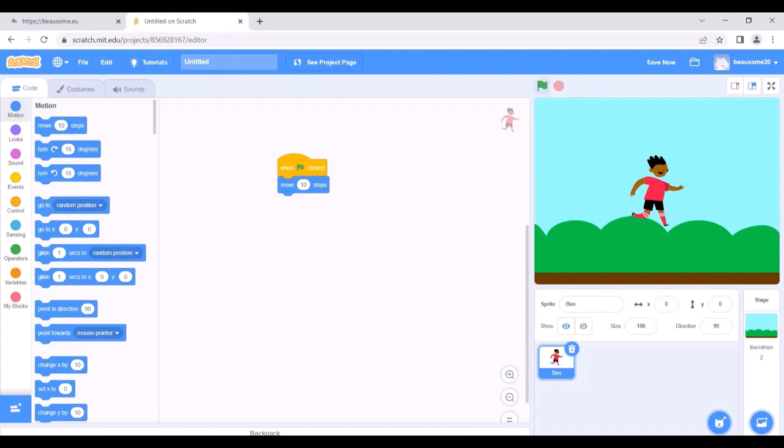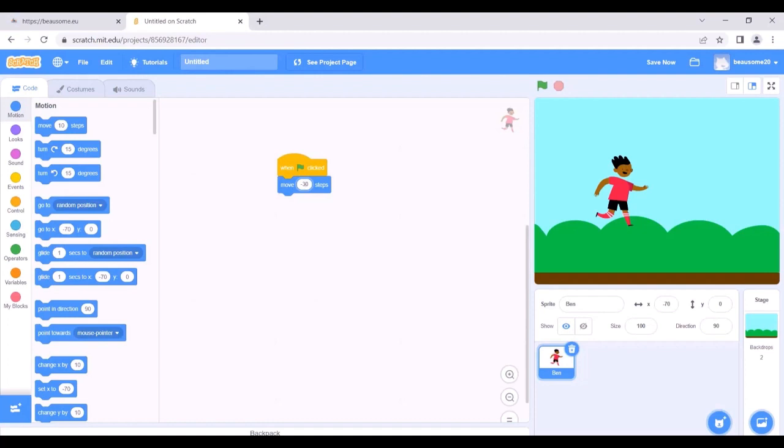So now if I click my flag here, I can see Ben is moving. I can change 10 steps to -10 and click again. I can change to 20 and I can see Ben is moving faster, or I can change it to -30. Okay? So with move 10 steps, my sprite Ben will move right or left.